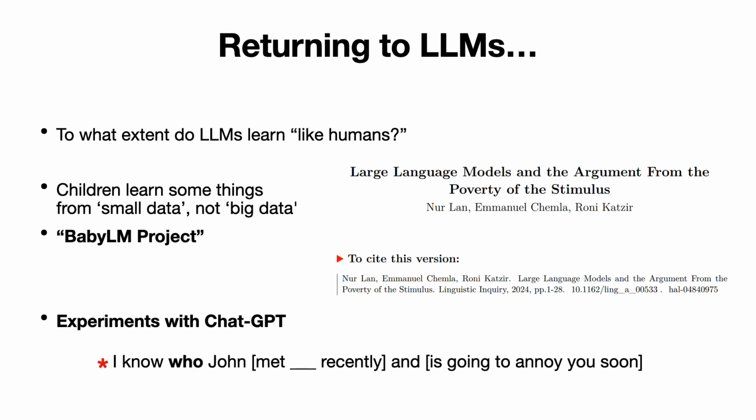But here's the interesting part. And again, this is weird. We should be weirded out that we seem to know this, and that we have somehow acquired this knowledge. This island goes away. This sounds good if we put another gap in the sentence. If I take that you out of the sentence and put in another gap, now it sounds good. I know who John met recently and is going to annoy soon sounds fine. So if who is the object of the verb met and who is the object of the verb annoy,